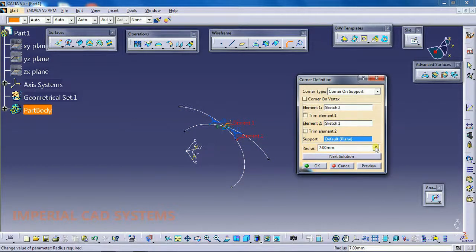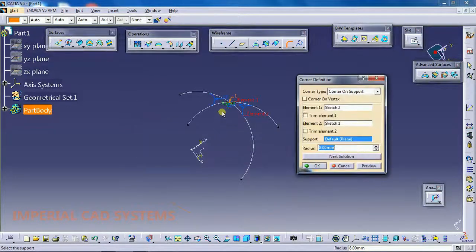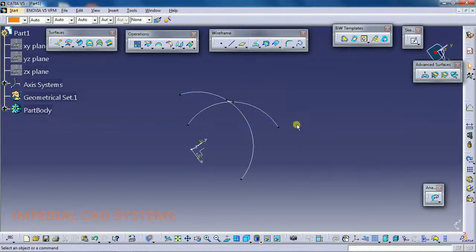We get 4 outputs. If you want this output, you will have to select like this, the orange color, which shows the output. Next solution also we can change like this. Then if you go for OK, we get a corner like this.